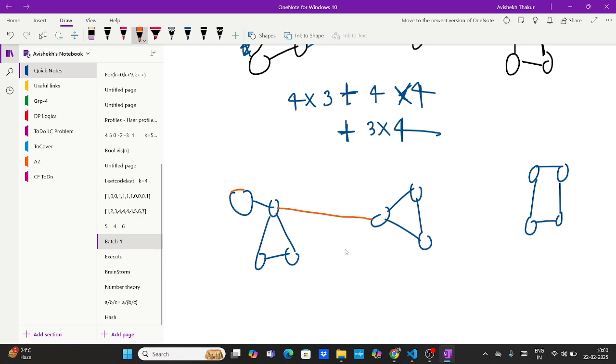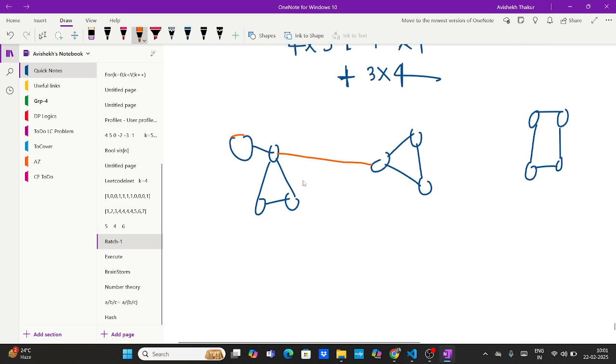Let's say this one, correct? If I add something from here and join something from here, can I say my number of components gets decreased? Manan, hello? Yeah, did you understand this, the observation? Yes. Okay, so now you have